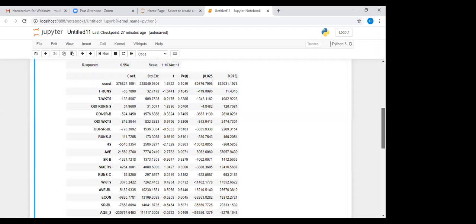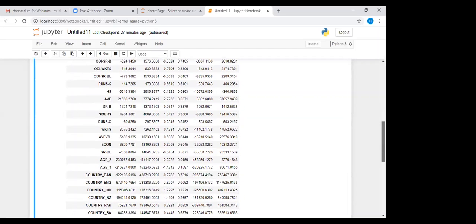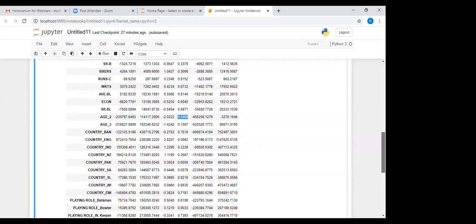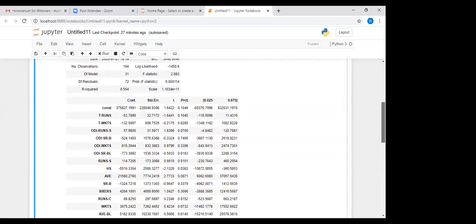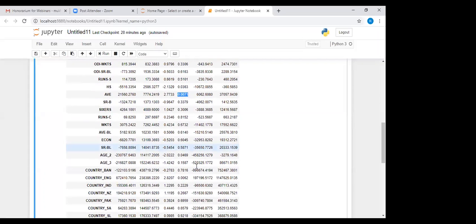Now in this particular table, only the variables average 2, HS, average, and country England.